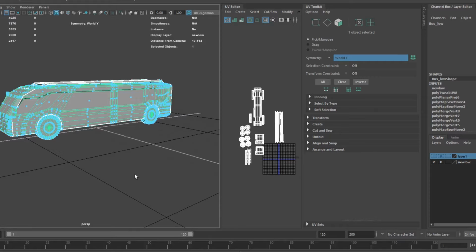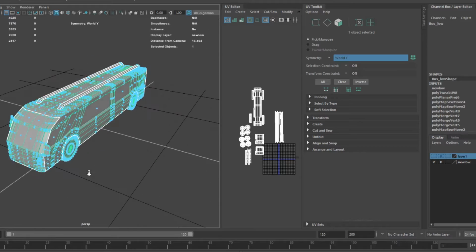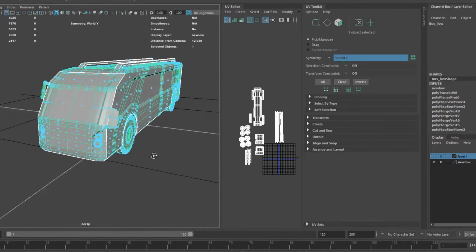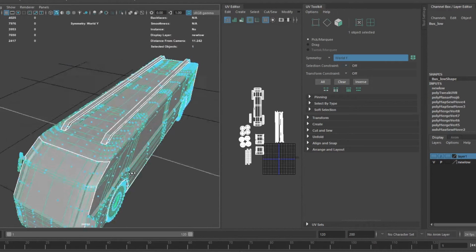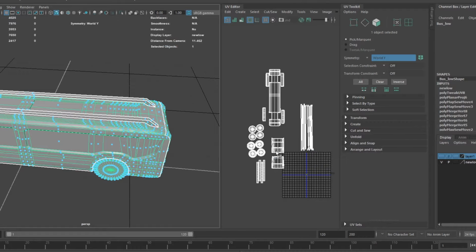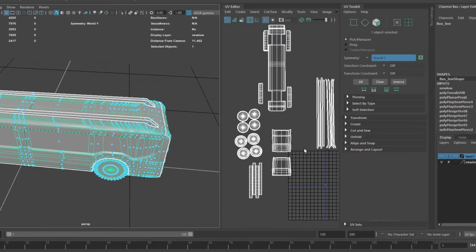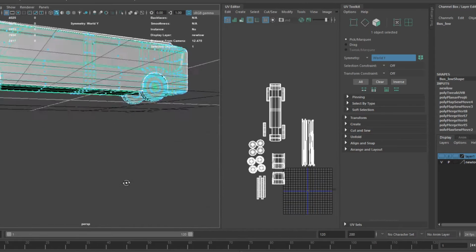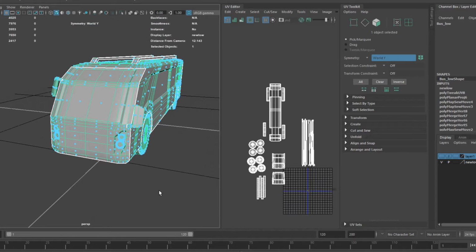Alright, so we're gonna keep going from where we left off previously. I've been using the bus model instead, because I had to delete what I was working on previously. As you can see, we've got a lot of it UV'd out, but not quite everything. So what we're going to be doing is I'm going to be finishing up the UVs on this, and then